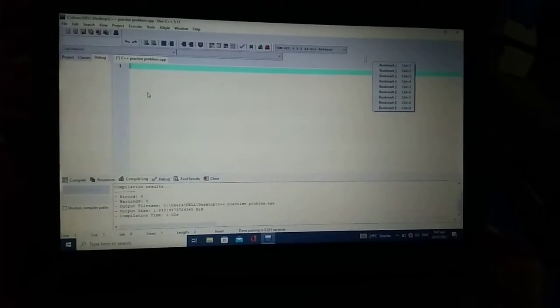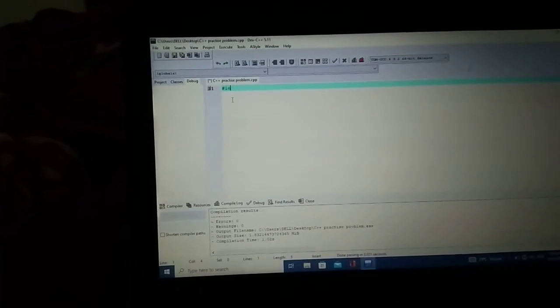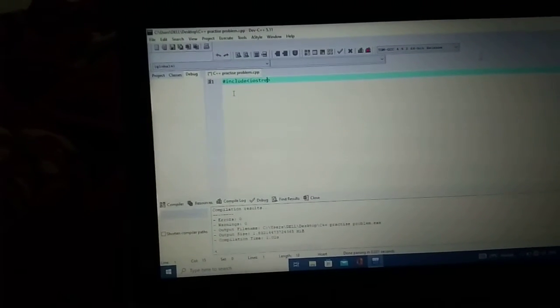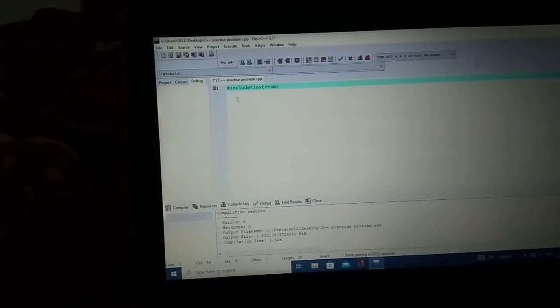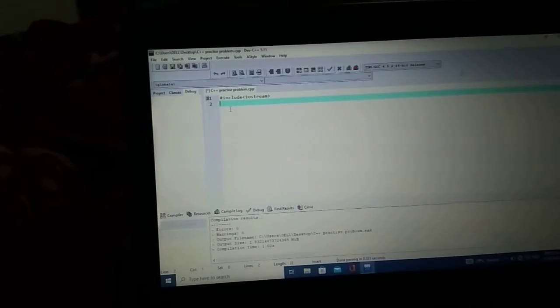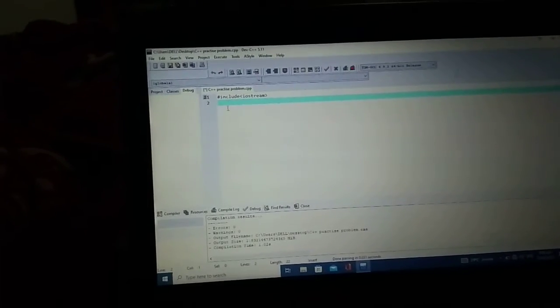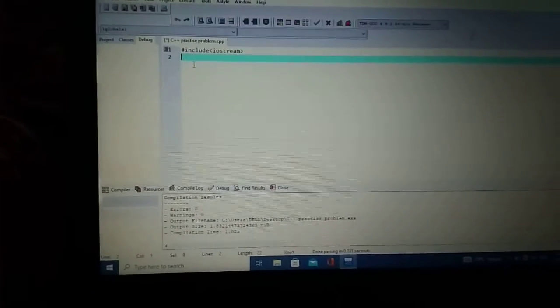Here you see that you need to compile. include iostream string. Basically, we include the header file in the C++ program. It's a part of the syntax of any C++ program. So I include iostream, which means we include